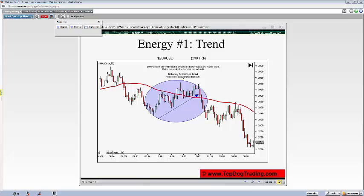So remember, the whole methodology is about waiting for the alignment of all 5 energies to say buy, or the alignment of all 5 energies to say short. And the reason that gives you a probability scenario is because the 5 energies are not correlated to each other. So that's the method. That's what makes us money. That's what gives us a probability scenario. Any one of these things, absolutely meaningless unto itself. Okay, having said that,